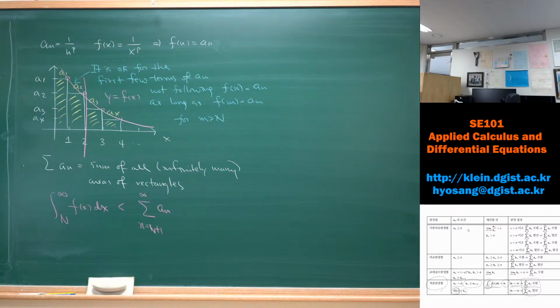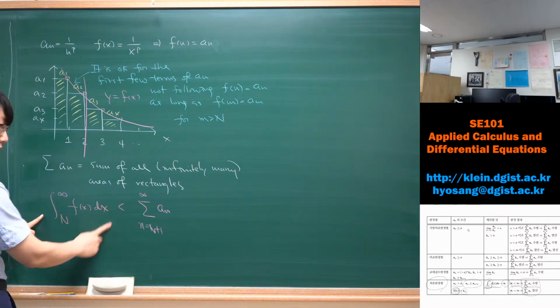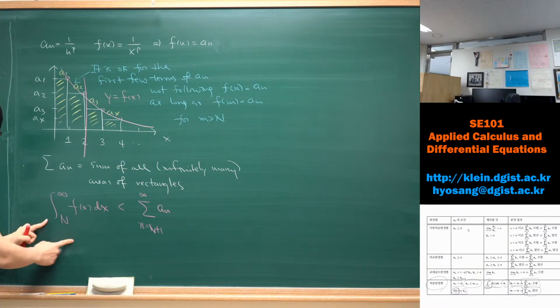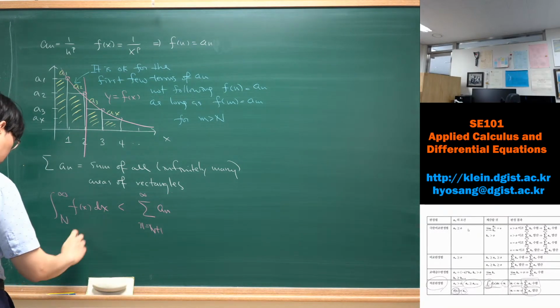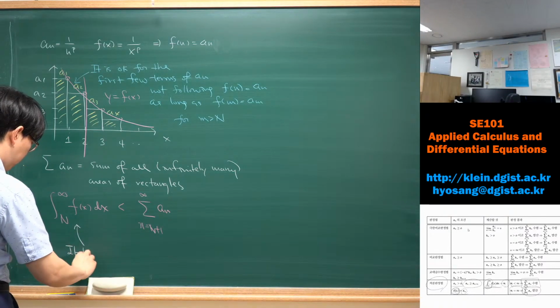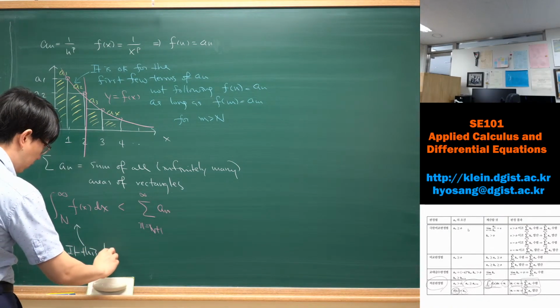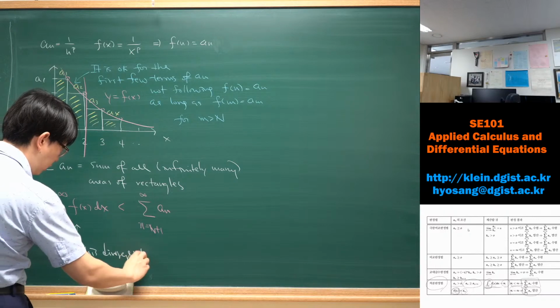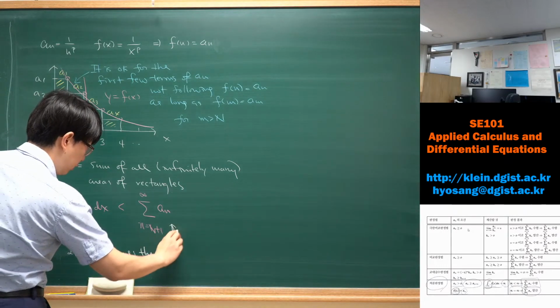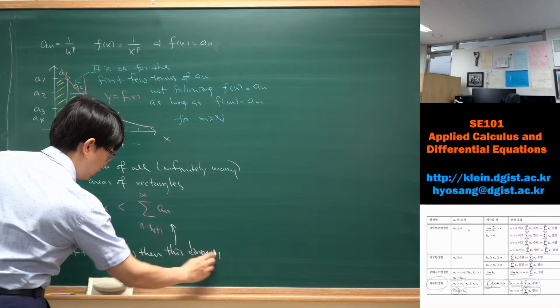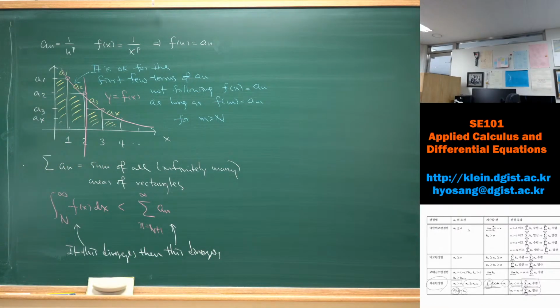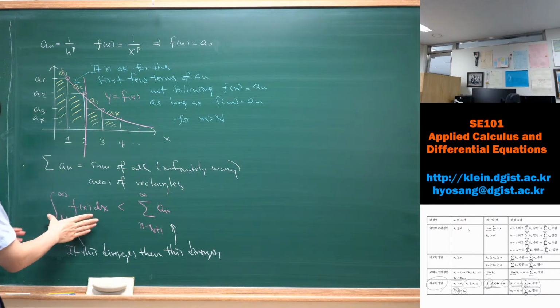Now, it means that if this improper integral diverges, then this diverges. Okay? If this diverges, then this diverges. Okay? How about the opposite? How about in the opposite situation? What if this converges? Then,